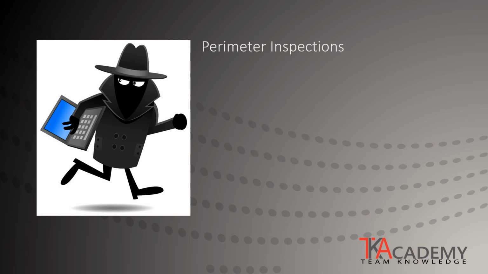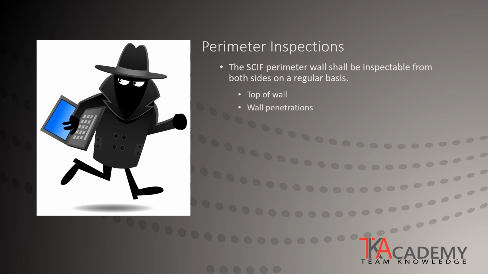The perimeter must not only be able to meet the security requirements for SCIF accreditation, but it must also be routinely inspected for continuous compliance and visual verification of no surreptitious penetration, such as video or audio probes. Visual inspections will be particularly concerned with the top-of-wall condition, penetrations, and the interior of sizable air ducts. It is imperative to provide access to the entire perimeter wall for regular visual inspections. This includes access to normally concealed areas, such as the portion of the wall that is above the ceiling.